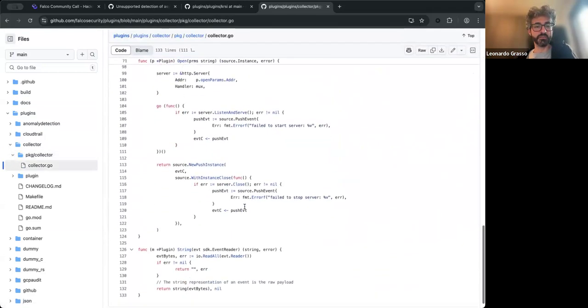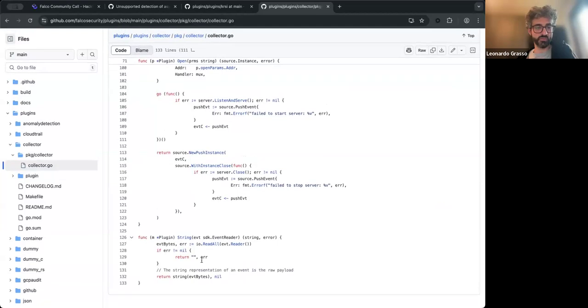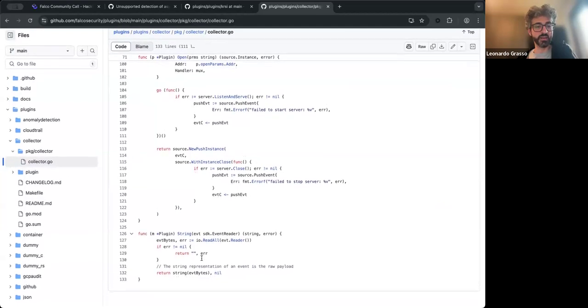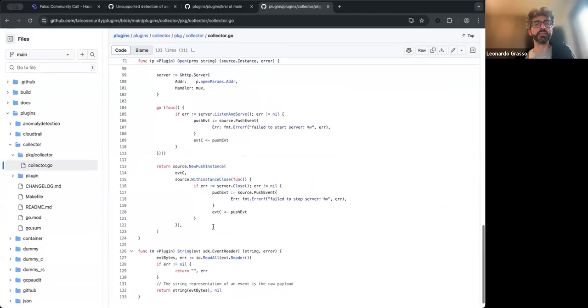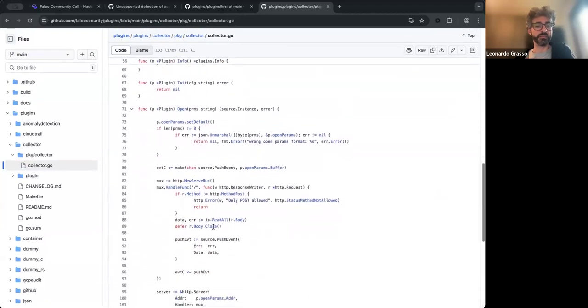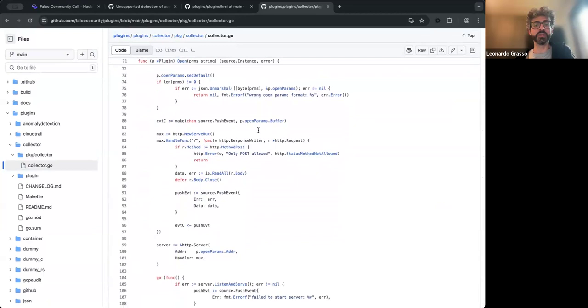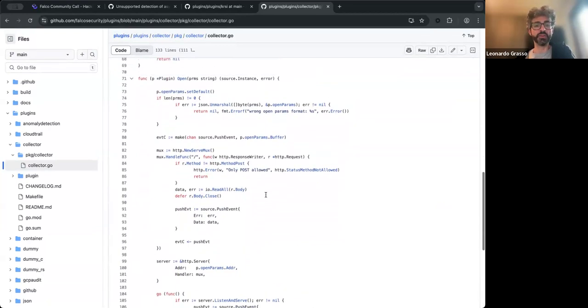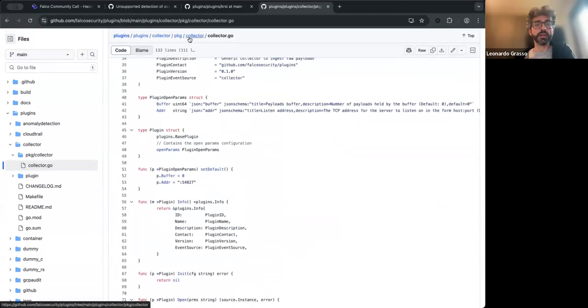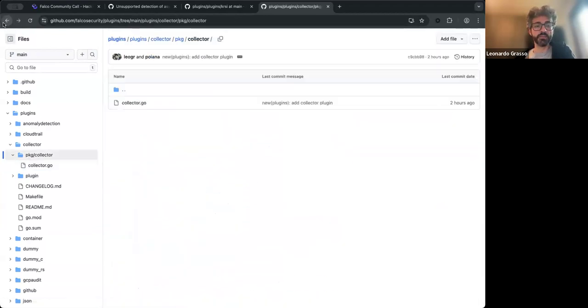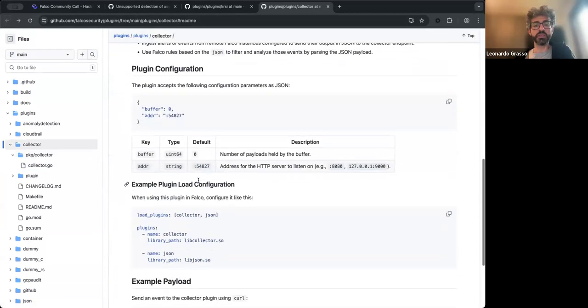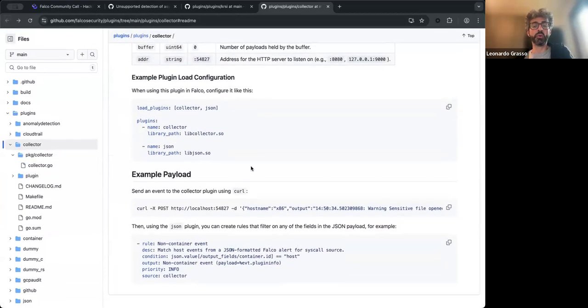It's less than 150 lines of code. It's a very simple plugin. It basically starts up and spawns a web server that accepts a raw payload via HTTP POST. Very simple. And let me go back. And with this setup, we will be able to do things like